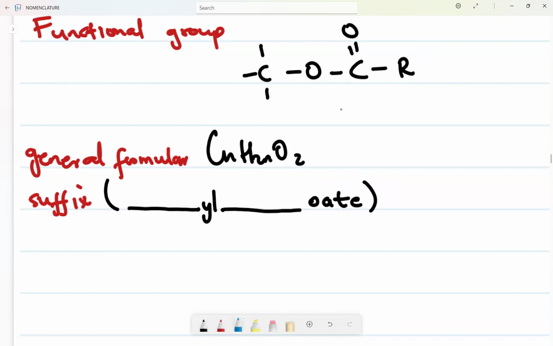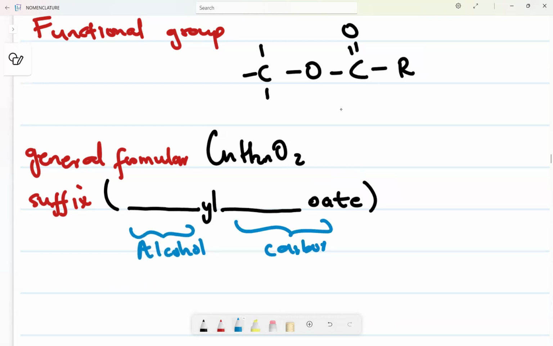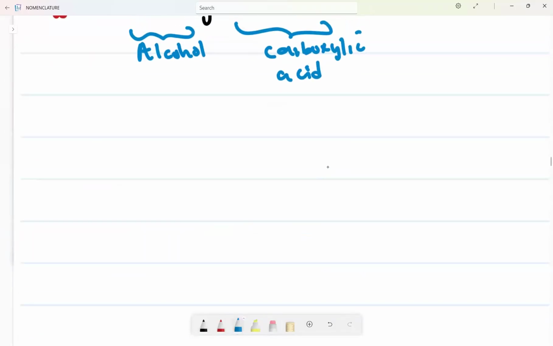Whereas now this part comes from the alcohol, and now this part comes from the carboxylic acid. So it is going to be something, maybe let's say meth. It's going to be methyl, let's say propanoate. Okay, let's have an example of that. Let's say we have